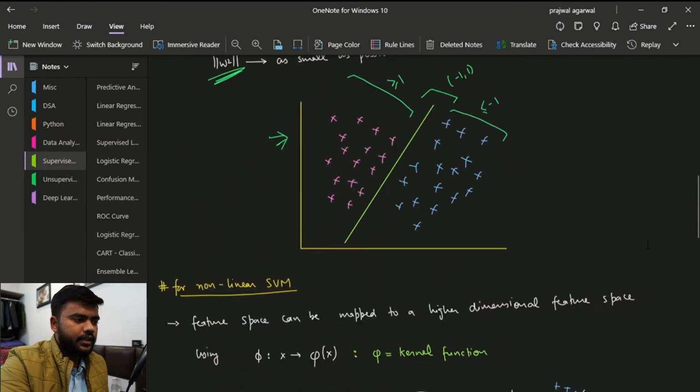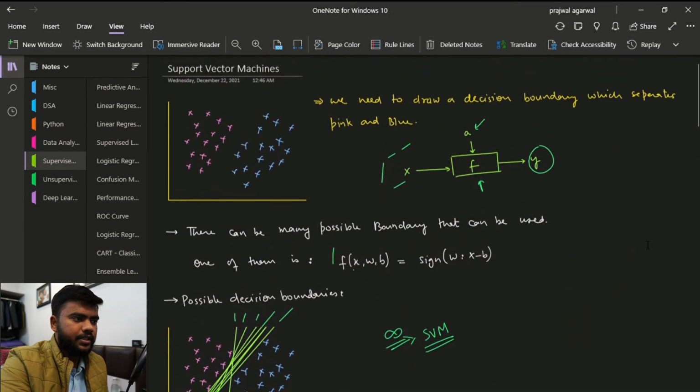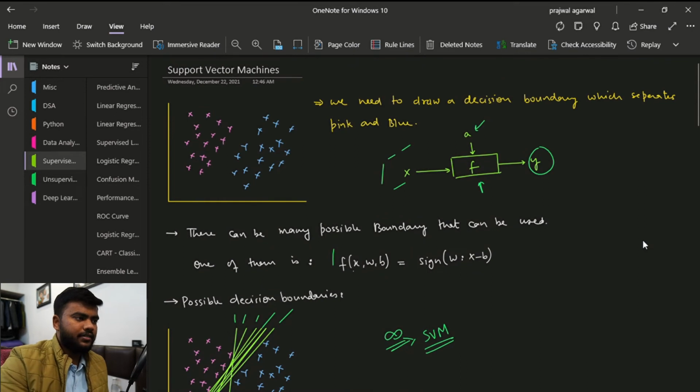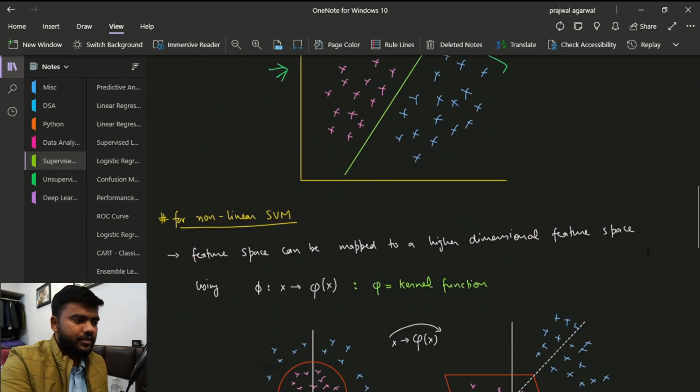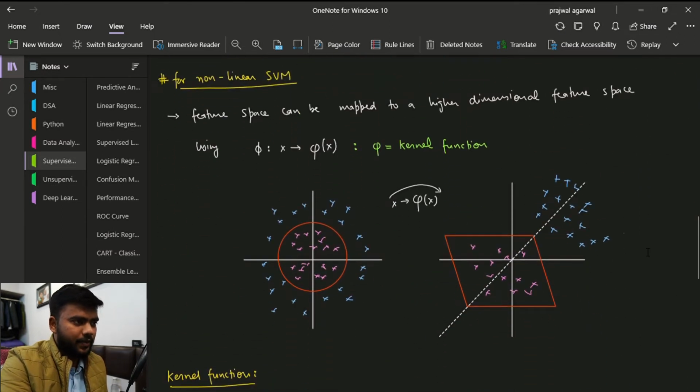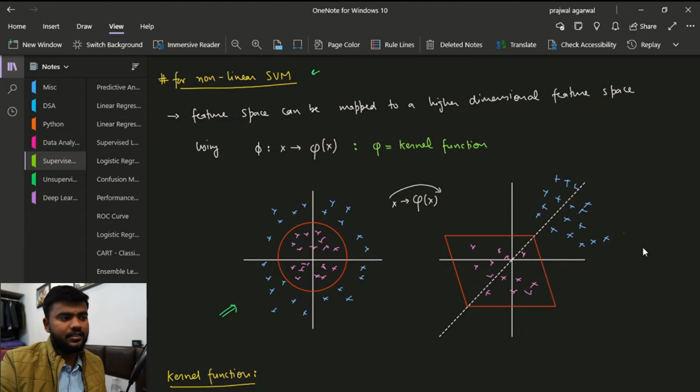There is another thing that we call non-linear SVM. This particular classification was very simple, you just have to draw a line. But what if it is not as simple as that? What if the classification that we have to do is non-linear? For example, with these points, all the blue points are outside the circle perimeter and the pink points are inside the circle perimeter. How do we create a boundary in such cases?